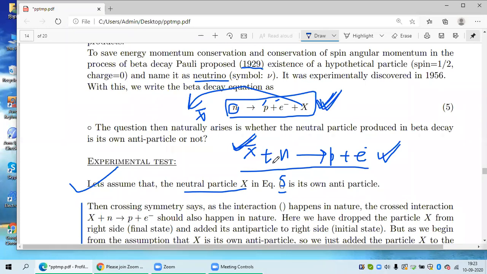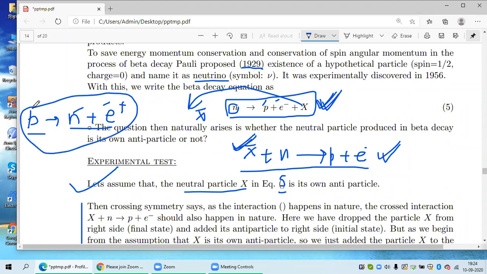Even if it is not possible for you, how? Because this reaction just said that a proton cannot decay to a neutron plus a positron, because the proton is less massive than these two. However much energy you give to this proton, it can't be broken into heavier mass particles. This process is not energetically allowed.